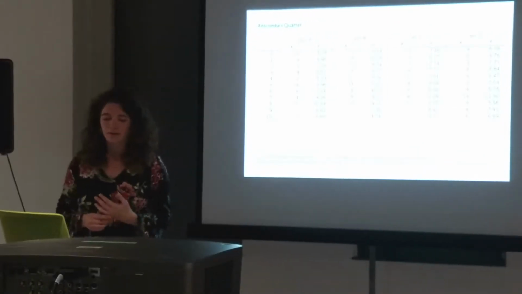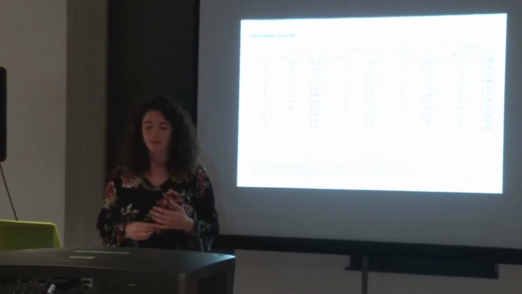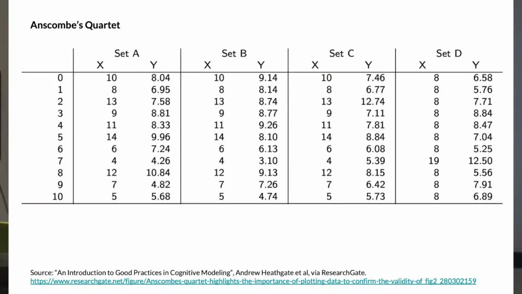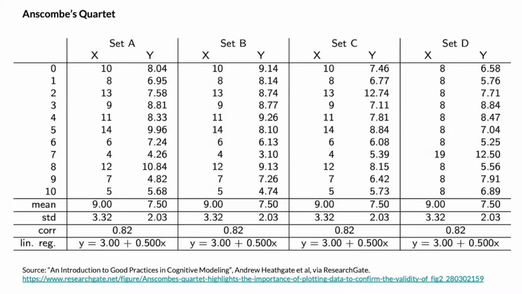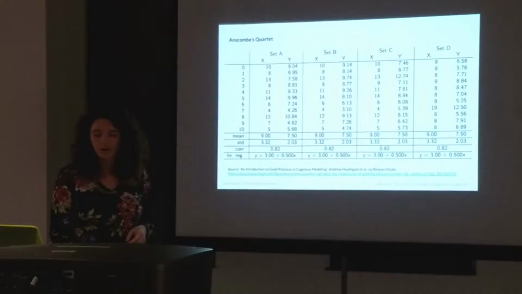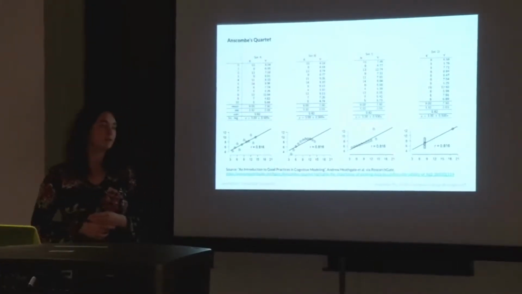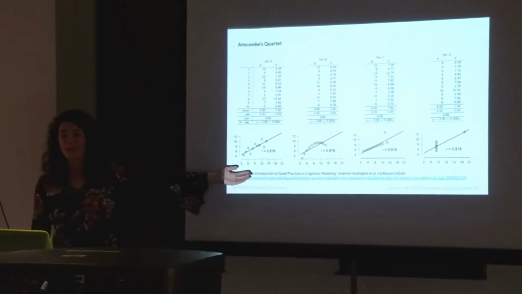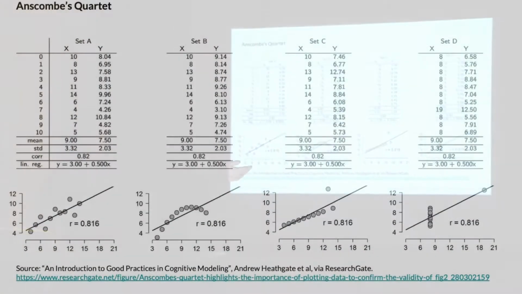The benefit of data visualization really can't be understated. Anscombe's quartet is a great example of this. This is actually four different data sets that when we do the traditional data science thing, we find a mean, a standard deviation, a correlation, a linear regression. And even though these data sets are very different, all of those summary statistics are the same. But all it takes is putting those things into graphs to see just visually how different they are, even though they have all of the same summary statistics.